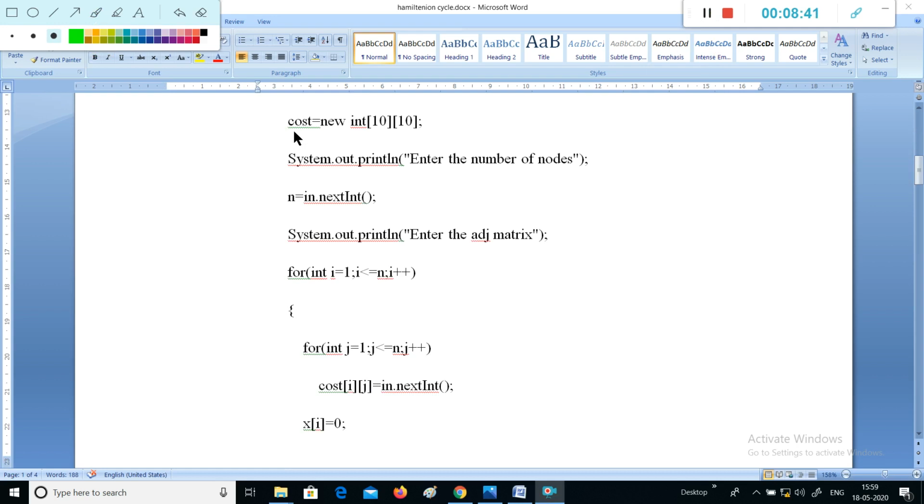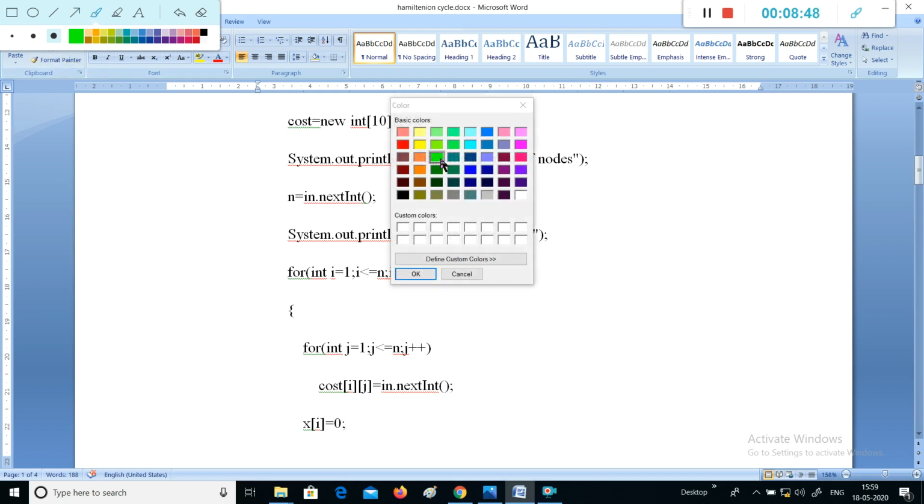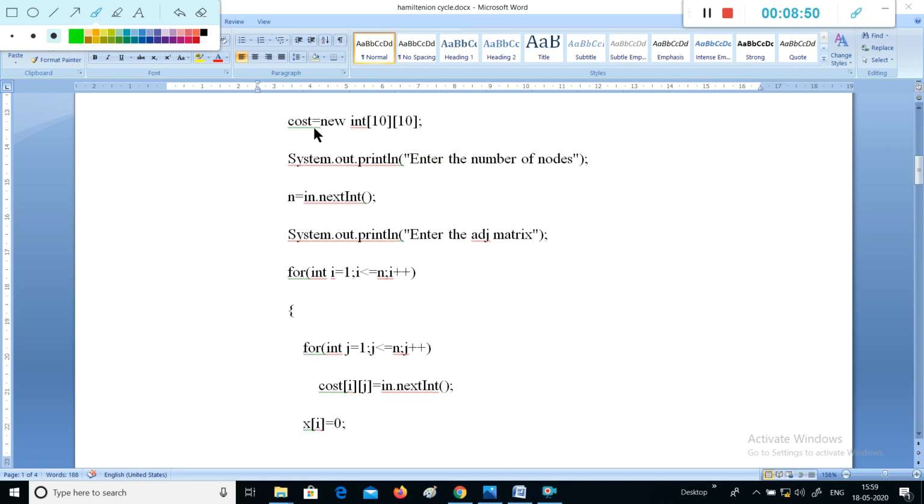This is the statement we are using to define the cost matrix, and we are assigning memory of size 10 by 10, meaning 10 rows and 10 columns. And here we are asking the user to enter the number of nodes, and whatever value is entered is going to be stored in the variable n.